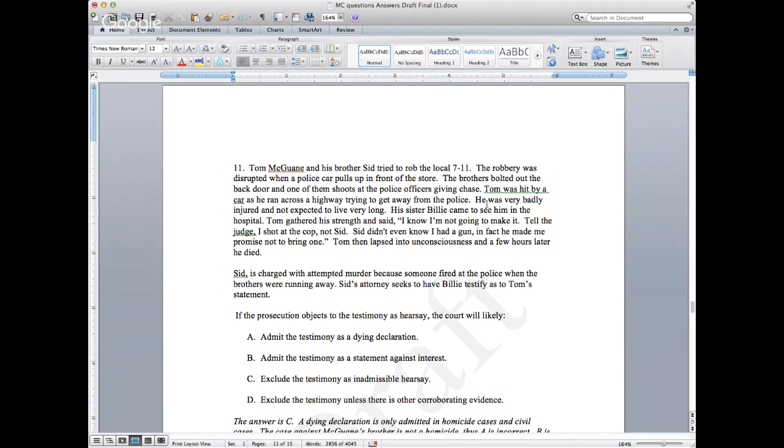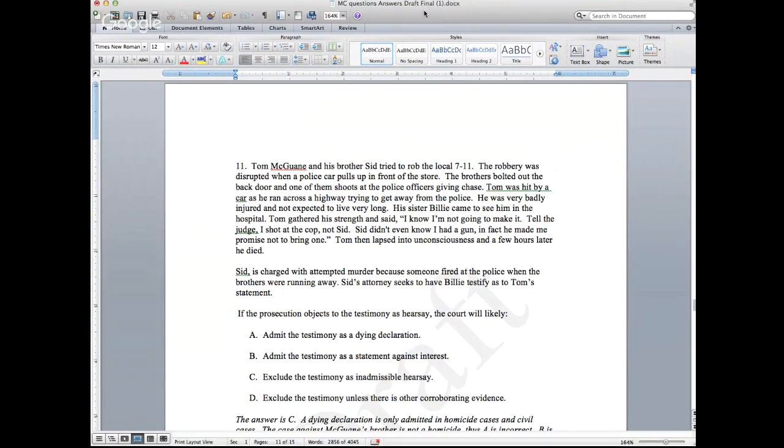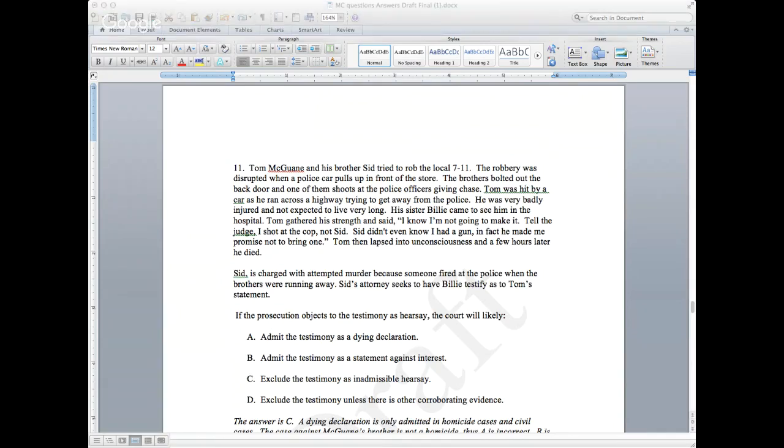All right, this is interesting, but it seems to be a very self-serving dying declaration. Actually, it doesn't seem to be self-serving. It seems to be one where he's trying to protect someone, so it seems not to fulfill the requirement for a dying declaration. So let's look at the dying declaration rule to see if this actually fulfills the requirement.